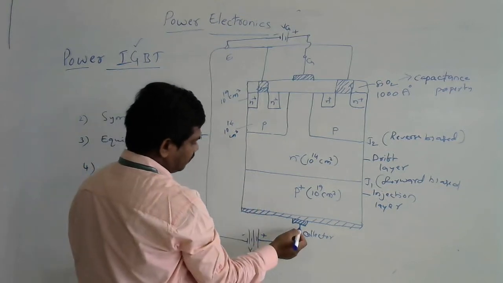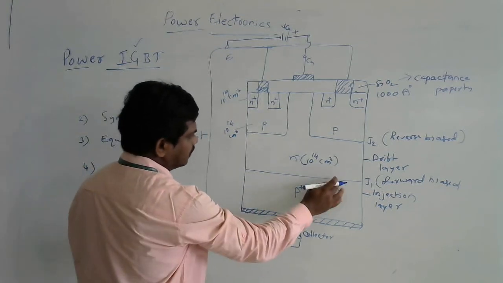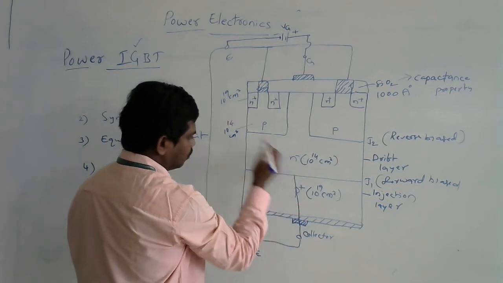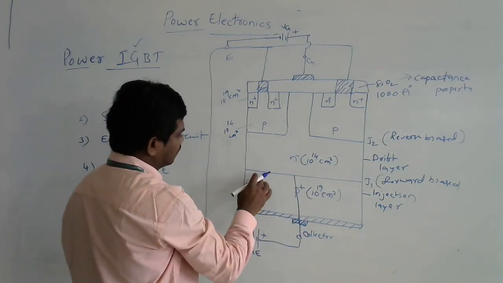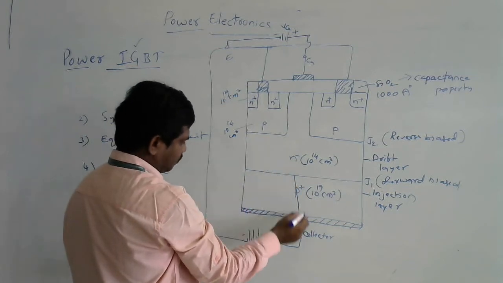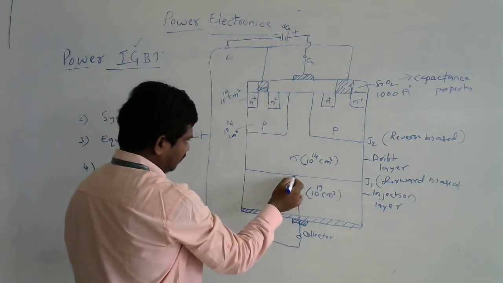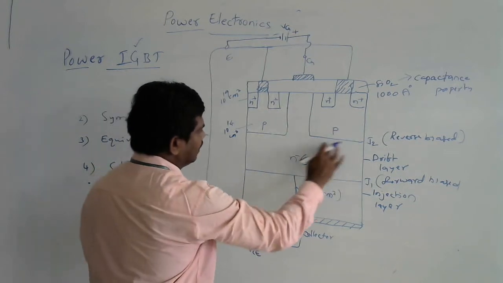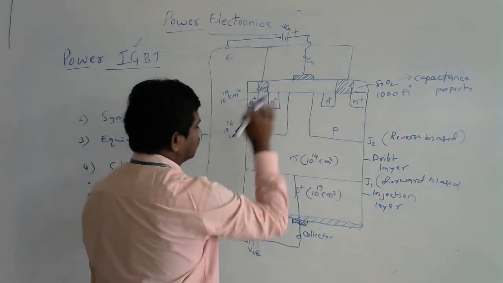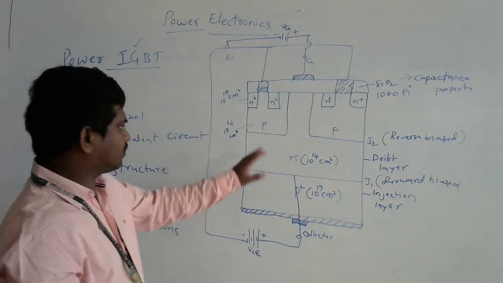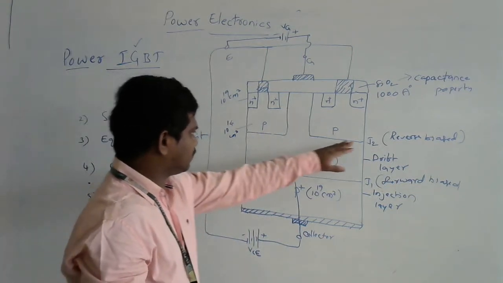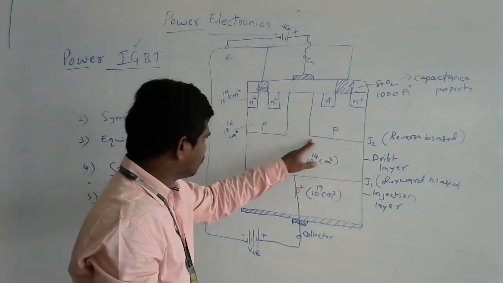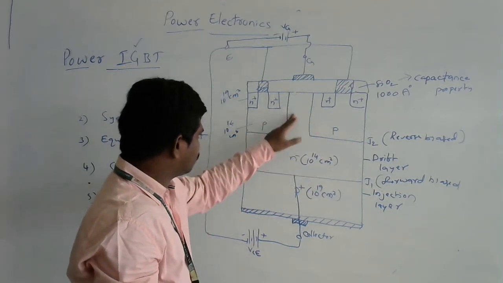If this junction is forward bias, the current will come like this. Not an issue, because it is forward bias. It will break down very easily. Then there is a problem over there. This is the J2 junction. This totally is the J2 junction. Right? You should remember these things. When I show the J2 junction here, it means the junction is like this. This is the total junction.